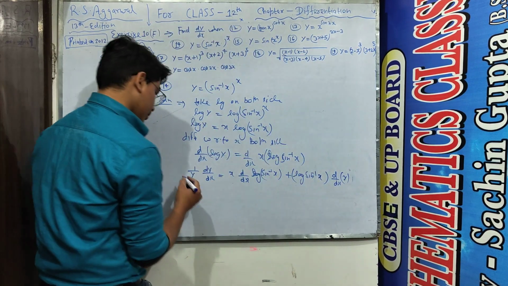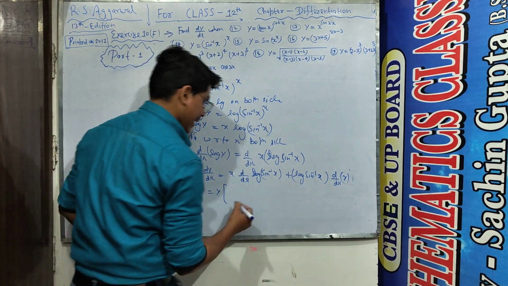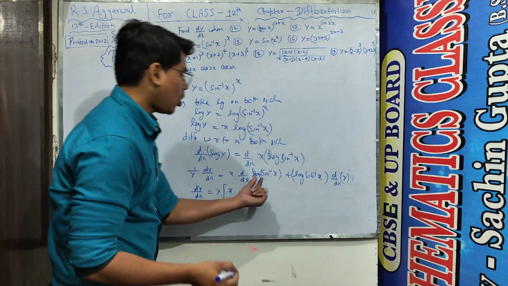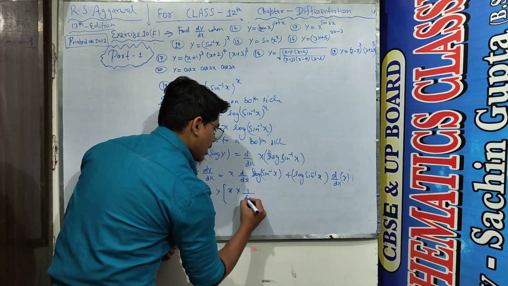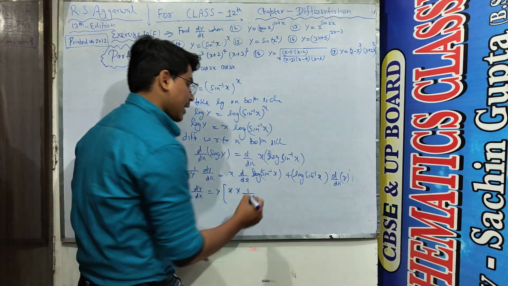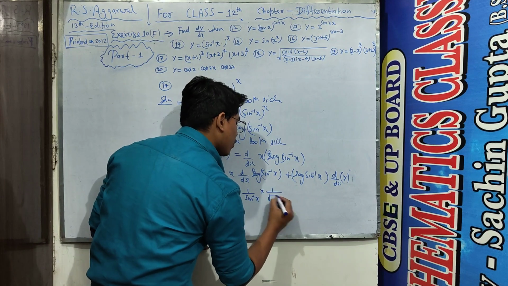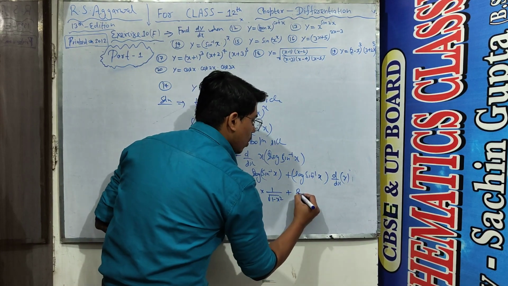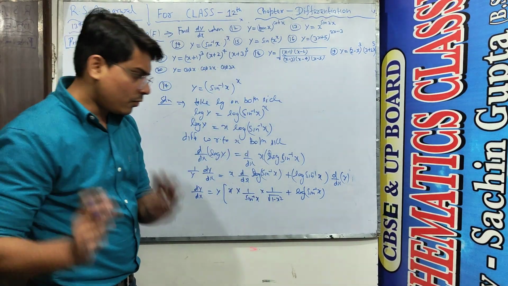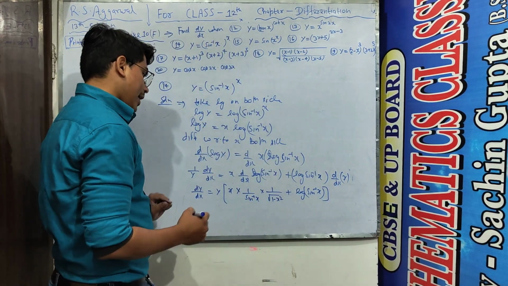Now this y goes to the other side, and it comes into multiplication on the right hand side. Then I write x as well, and the differential of log sine inverse x becomes 1 upon sine inverse x. Since we are differentiating with respect to x, we again differentiate sine inverse x, and the differential of sine inverse x is 1 upon under root 1 minus x square, and I write log sine inverse x as well. The differential of x with respect to x is 1, and when we multiply by 1, the value does not change, so I write it as well.